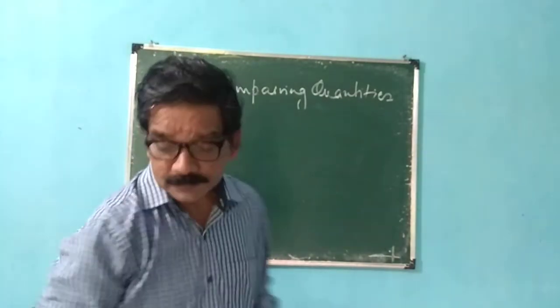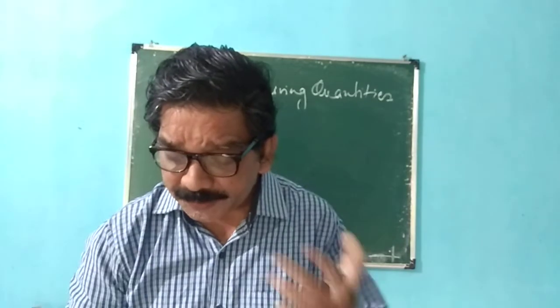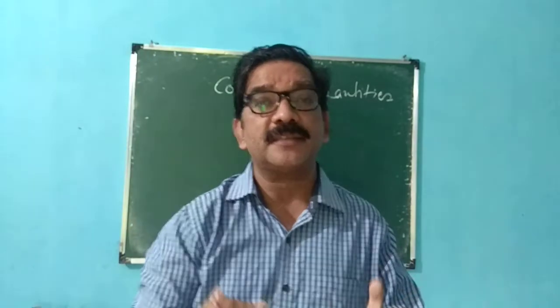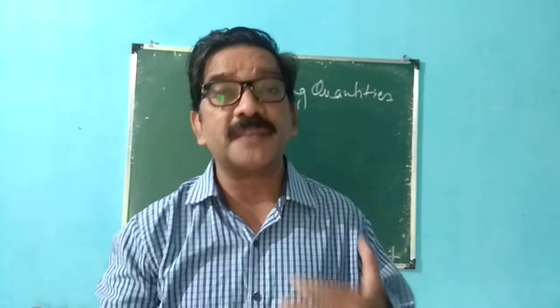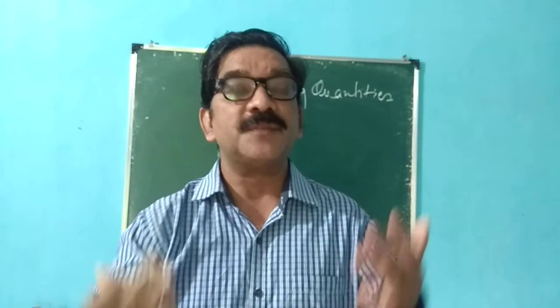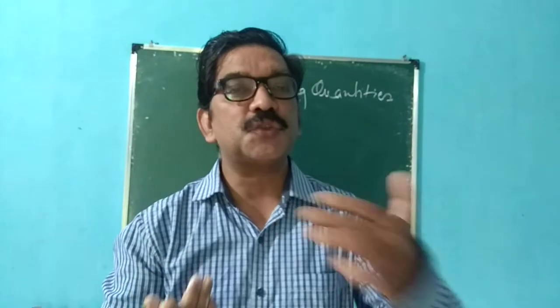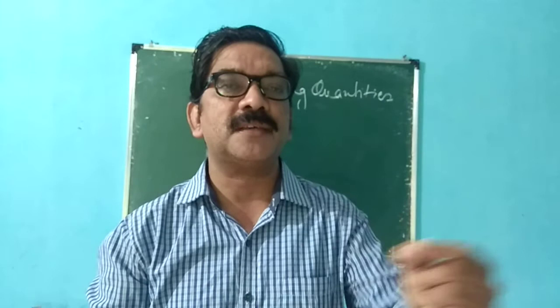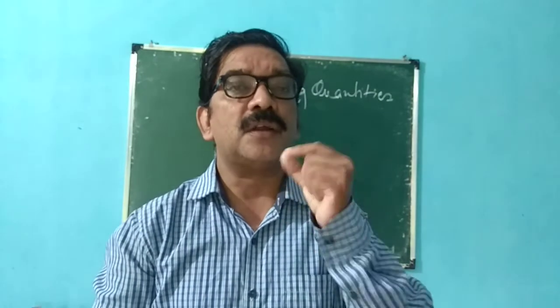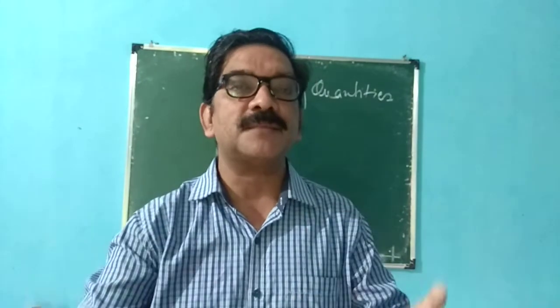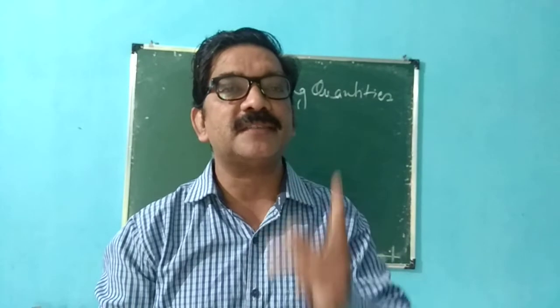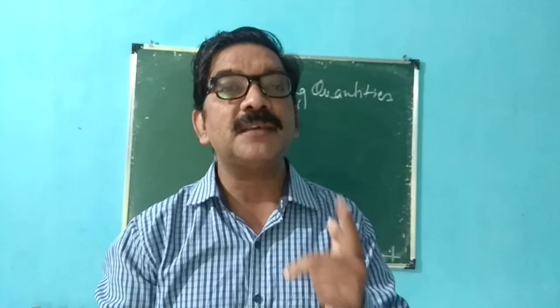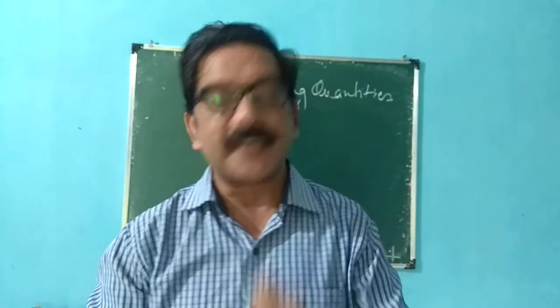Now, before I get into this, let me tell you what is cost price and what is selling price. Cost price means when we buy something. When you go to a shop and you buy something, that is called cost price. And when you sell something, that is called selling price. In short, for cost price we write CP, and for selling price we write SP.